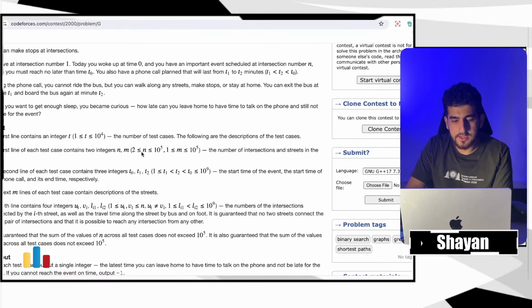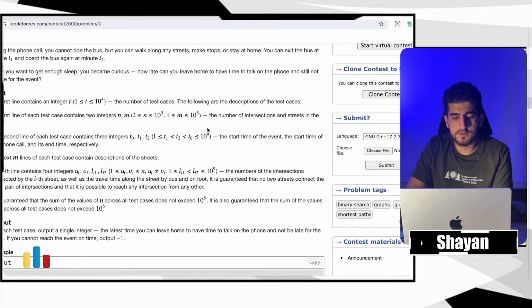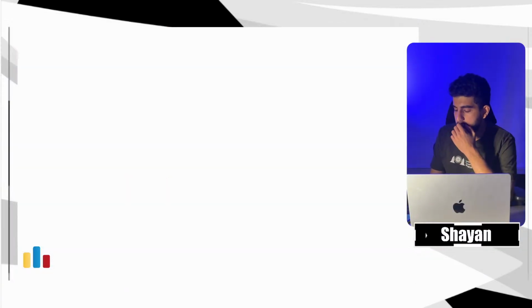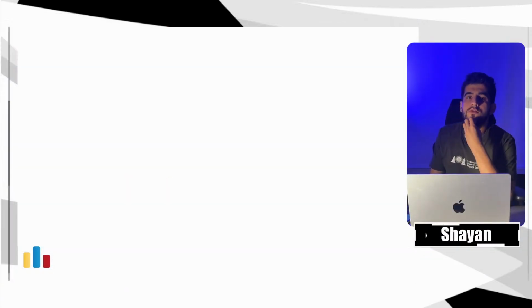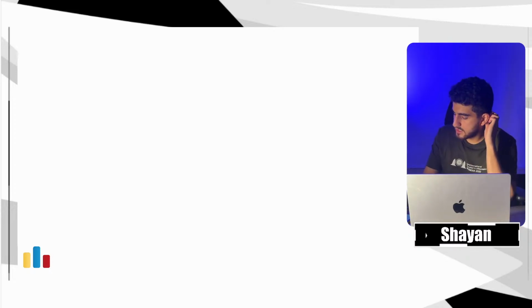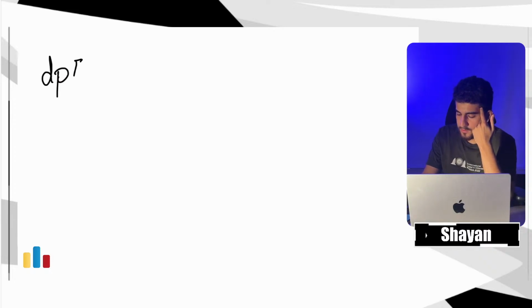And the value of n is up to 10 to the 5th, m is also up to 10 to the 5th, and the rest of them are up to 10 to the 9th. In here, I want to use a variation of Dijkstra in this problem. Let's say for every vertex, let's define some sort of dp. dp of v says that